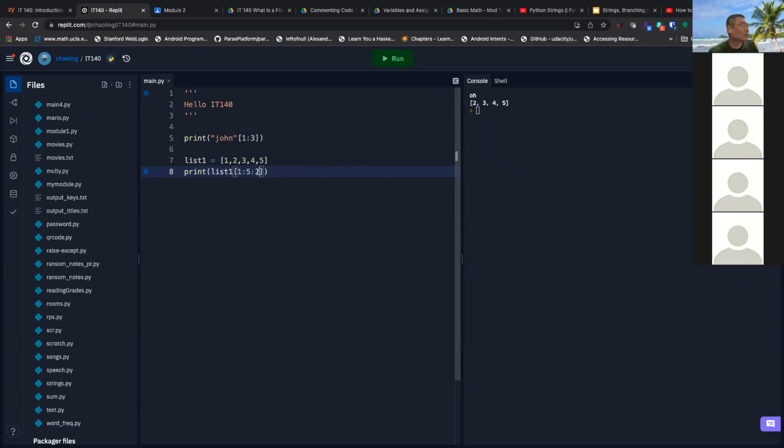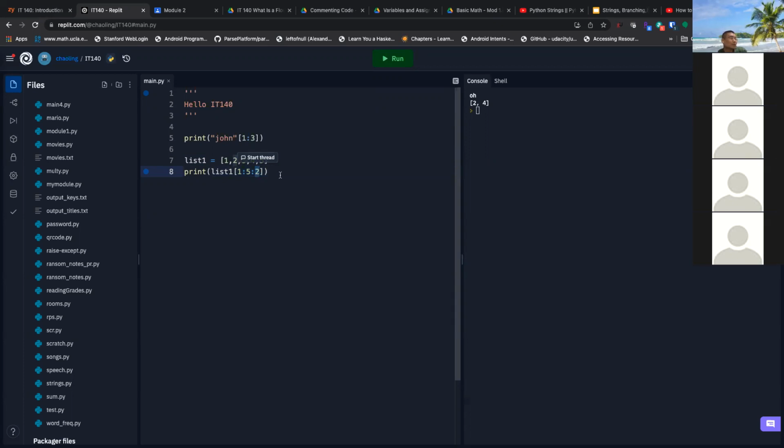So what does the third parameter mean? Let me just run it first, and you can figure it out yourself. It gives you 2 and 4. It skipped the 3. Can you figure out what's going on here now? It will skip